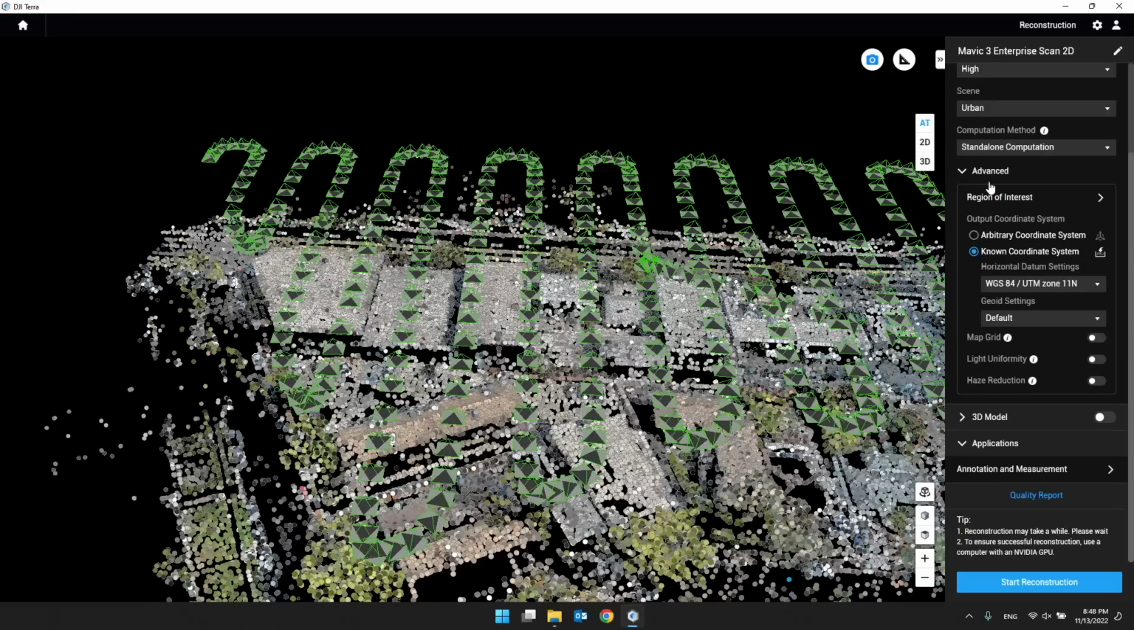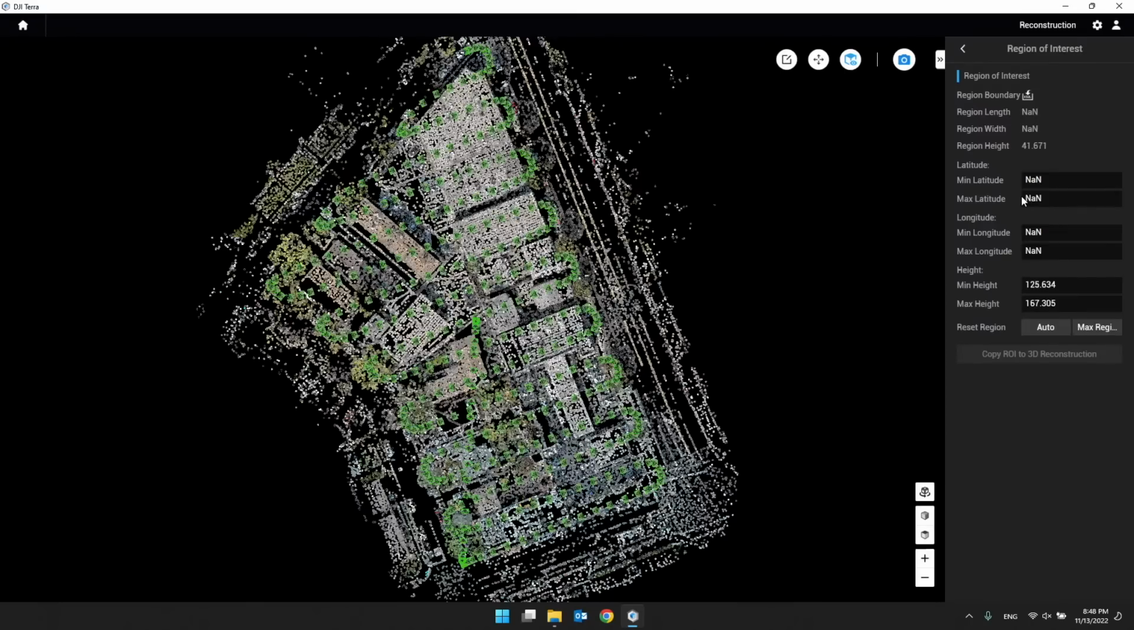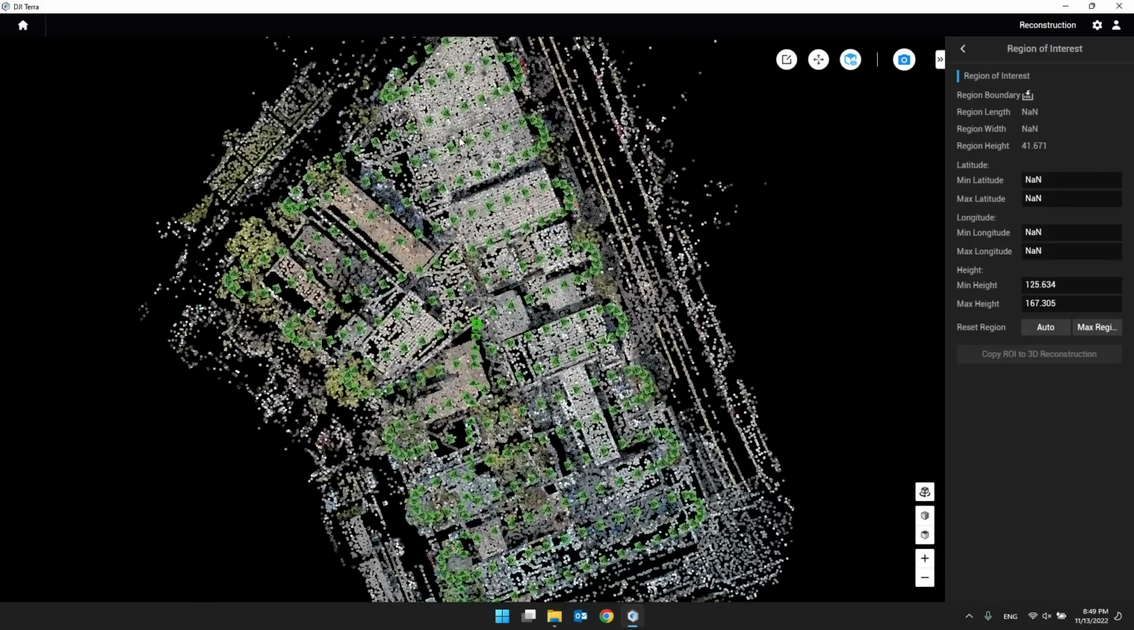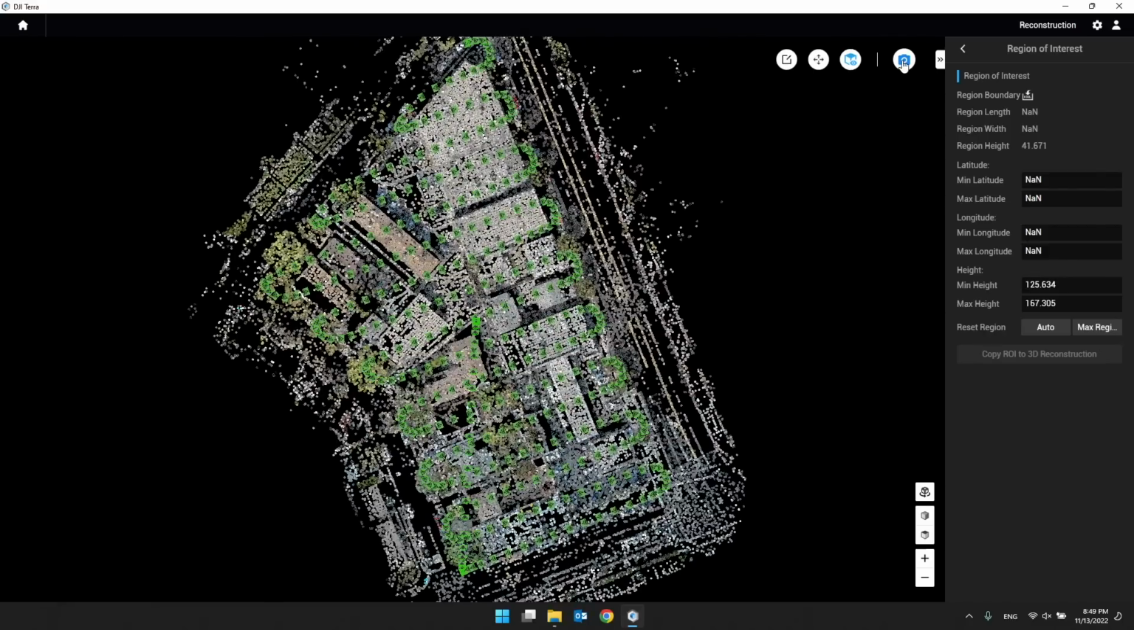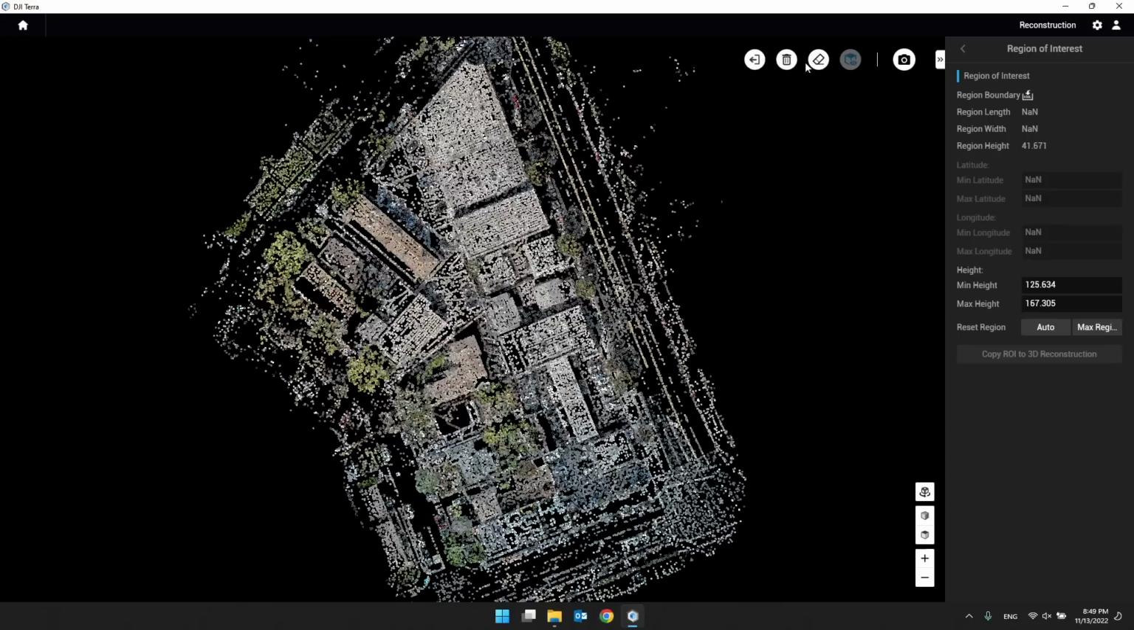Let's go to advanced. Under advanced, we have region of interest. If we select the region of interest option, you would find the DJI Terra software is actually asking you to define a region for reconstruction. Let's say, similarly, I'm going to hide the camera pose. It looks a little messy. If I select this option, editing mode, I can actually start defining a region,